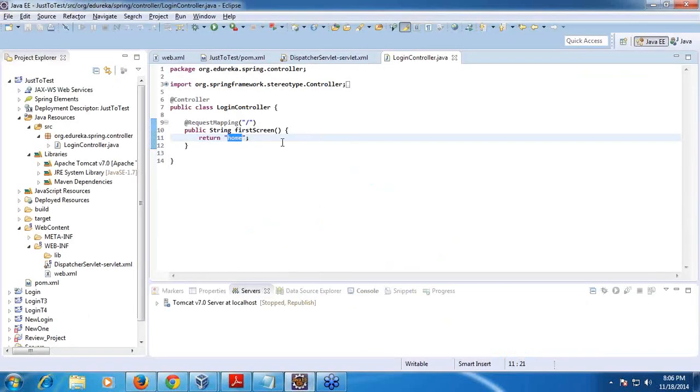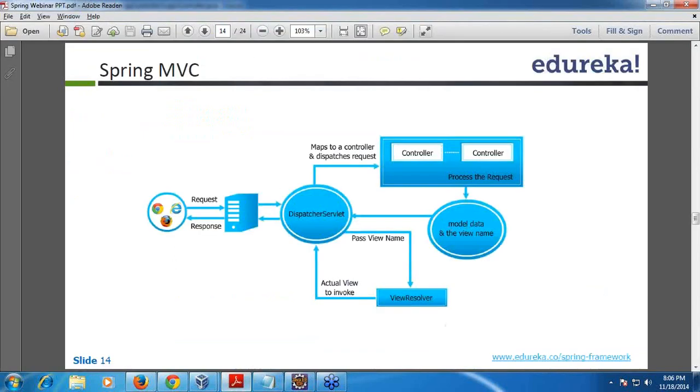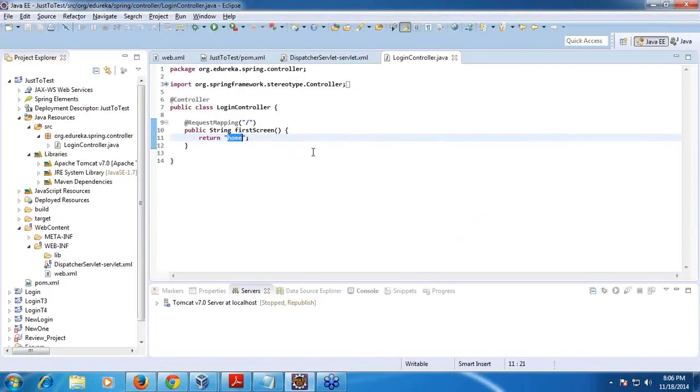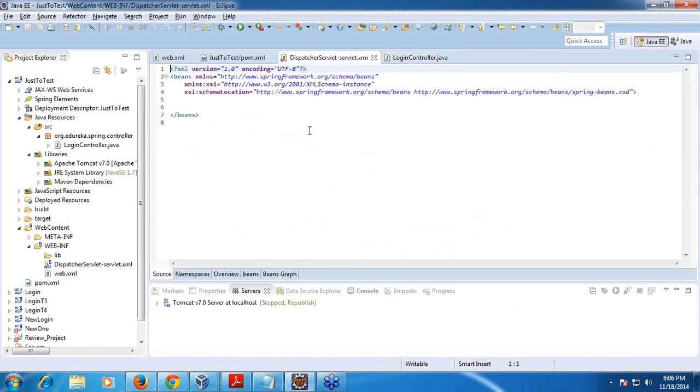In this controller, I am using nothing else. I am just saying go back to home. Any request, go to home, I am telling, right? So now the dispatcher servlet has to understand this, and then it has to return which home page it has to show. That is the responsibility of, again, this dispatcher servlet, that is, this configuration file. The dispatcher servlet configuration file's job is to understand that request and then send it to the respective UI.